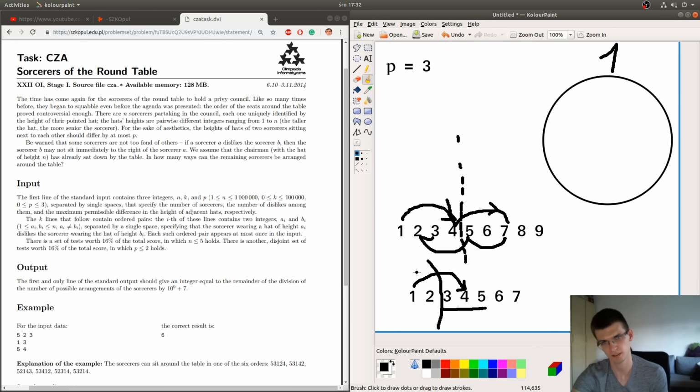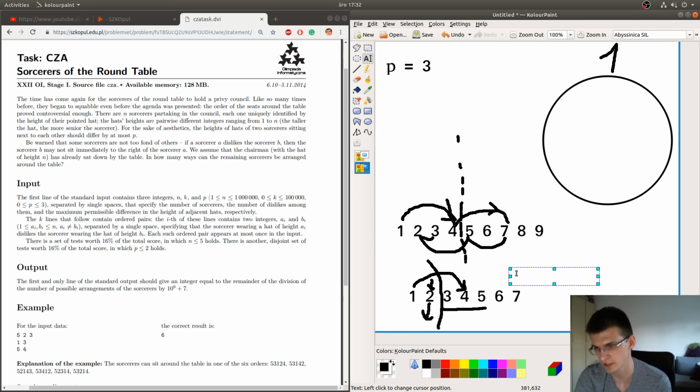So now we say that everything is decided about numbers to the left, and also we need a mask, this time a bit bigger, to know things about vertices to the right, 3 vertices to the right. So here we chose about some edge here, some edge going in here, maybe it goes from left to right, maybe the other way around. But now what we need for that is dp of n, and here mask. But what should this mask be?